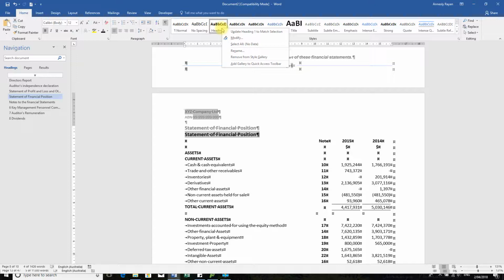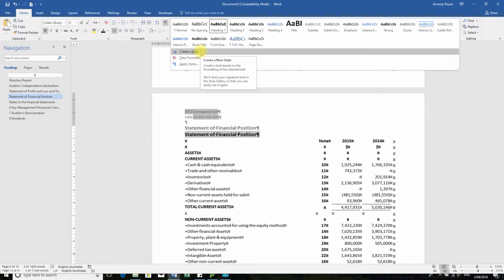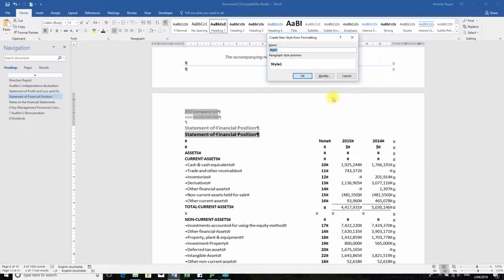I'm quickly having a look to see if I can just copy this style, but it doesn't look like I can copy that existing style. So I'm going to create a new style here. I'm going to come down here, click this little arrow here, and here you can say create a new style. Okay, so I'm going to call this hide header 1. So I'm going to create a new style which will enable me to hide the header which is within